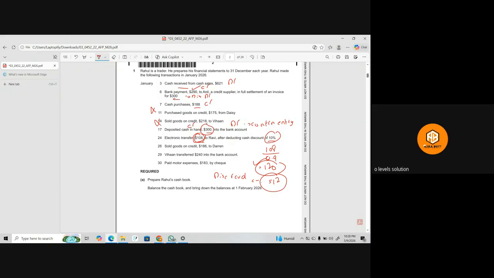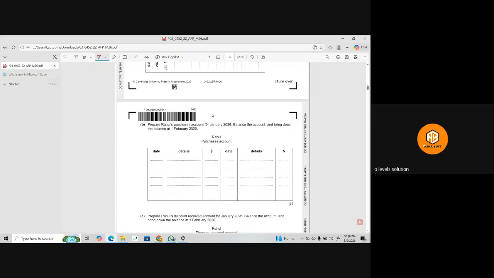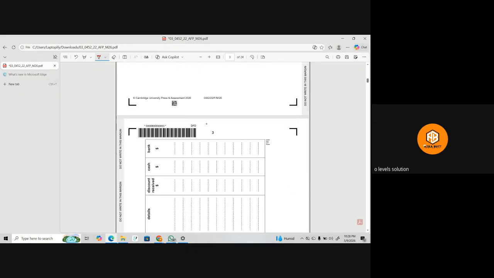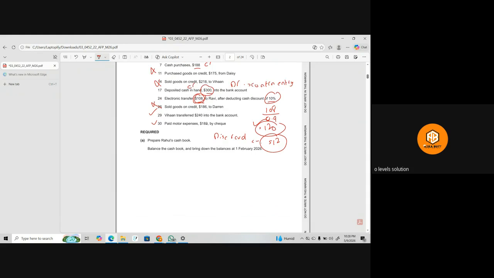ओके, सोल्ड गुड्स एंड क्रेडिट ये भी रेलिवेंट नहीं है। विहान ट्रांसफर 240, ठीक है, इसको हम डेबिट कर देंगे। पेड मोटर एक्सपेंस, इसको क्रेडिट कर दें, तो बाद में आपने कैश को बैलेंस कर लेना। देन हमारे पास ये परचेज अकाउंट है, तो परचेज अकाउंट में सारी परचेजेस ही आएंगी। इसमें कैश और क्रेडिट परचेज दोनों ही आएंगी।